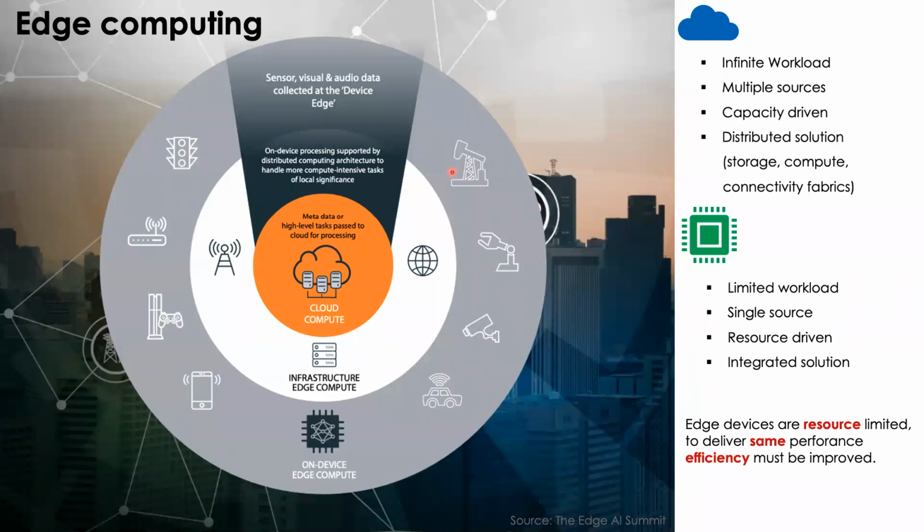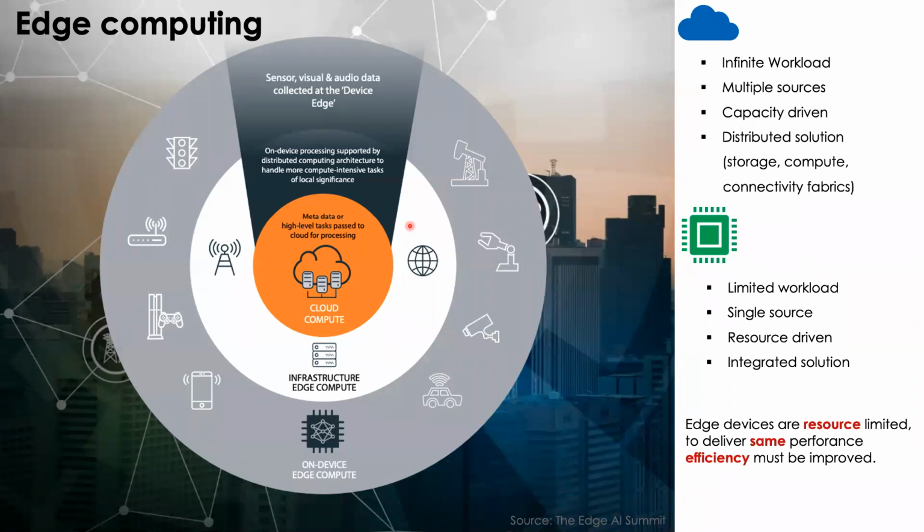So on the second level of edge intelligence, you not only have the devices, but a little bit further down and still away from a centralized source of information like a cloud, you have what we call the infrastructure edge. These are your typical gateways. They have a little bit larger compute capacity than the device itself. However, they are limited by the workload, and they are also limited by the resources they have access to.